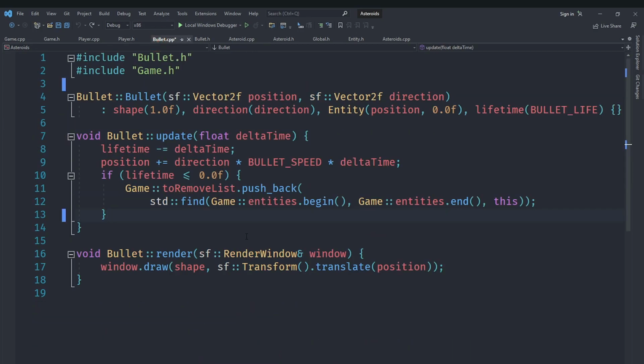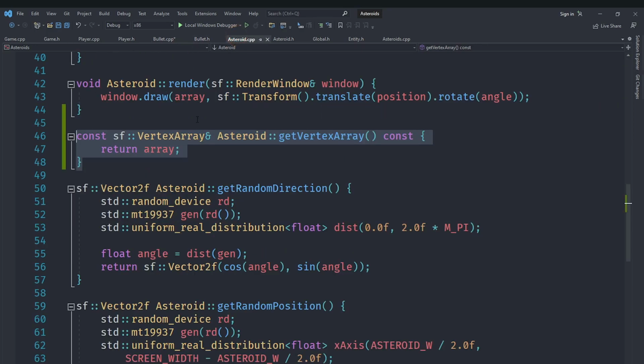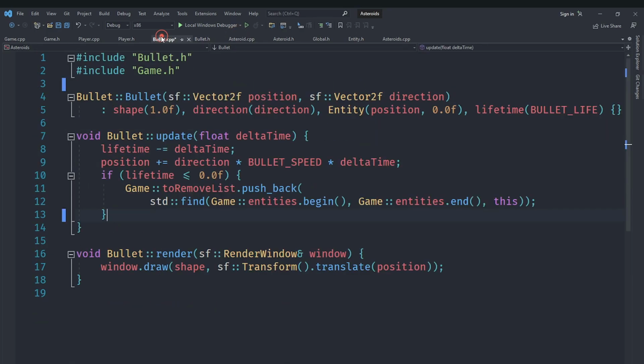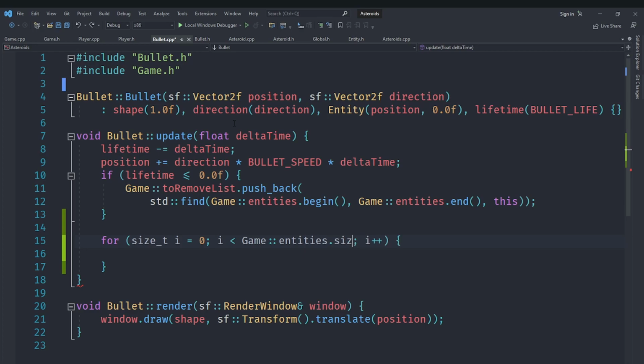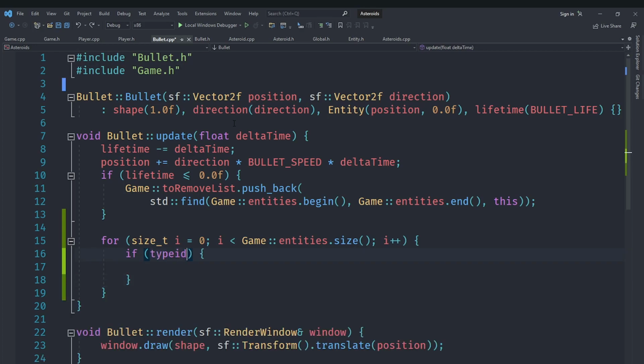Now inside of bullet.cpp, since our game is really simple and is going to contain a small number of entities, we are going to just loop over all of those entities and check for collision against each asteroid present in the scene for the bullet here. In order to do that, I'm going to go down here and create a for loop which will loop over the game entity size. So we'll loop over each of the entities, and if the typeid,